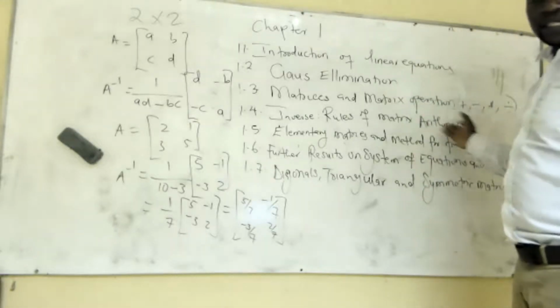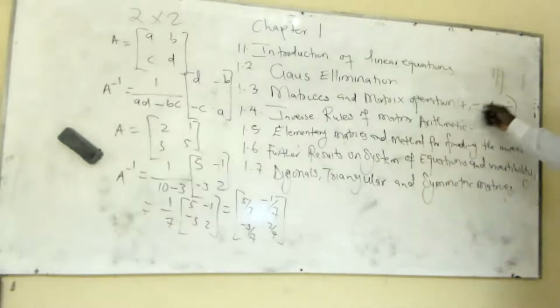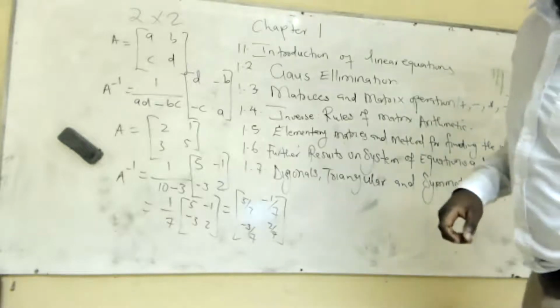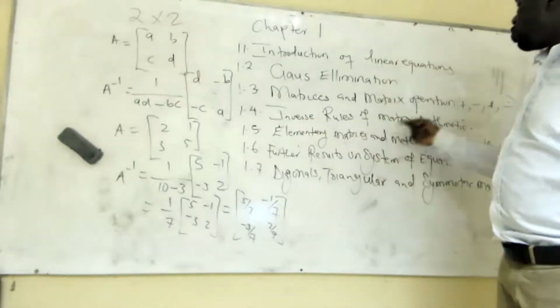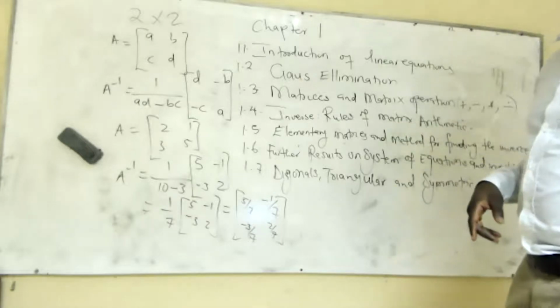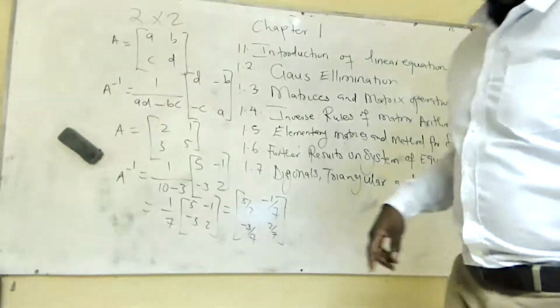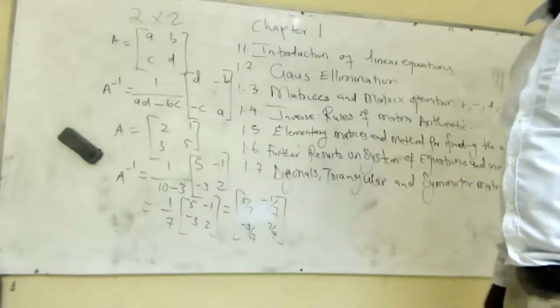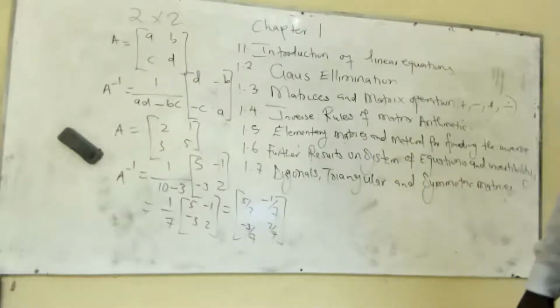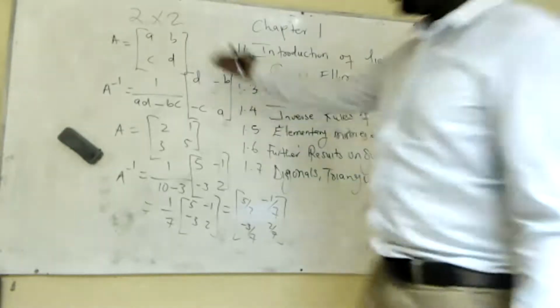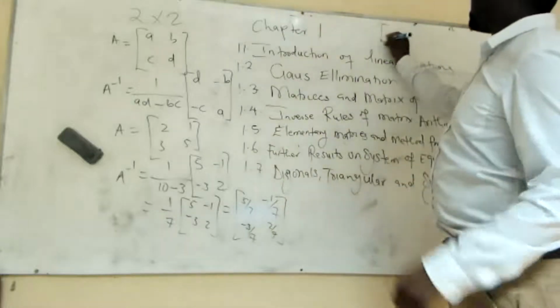We have covered the operations. You must be able to know how to add, subtract, multiply, and divide the matrix. And then we also covered the inverse. So of which inverse, we have inverse for 2 by 2, and we also have inverse for 3 by 3. I've covered both procedures for 2 by 2 and also for 3 by 3. So for 2 by 2 is this one that we have here, and then for 3 by 3,